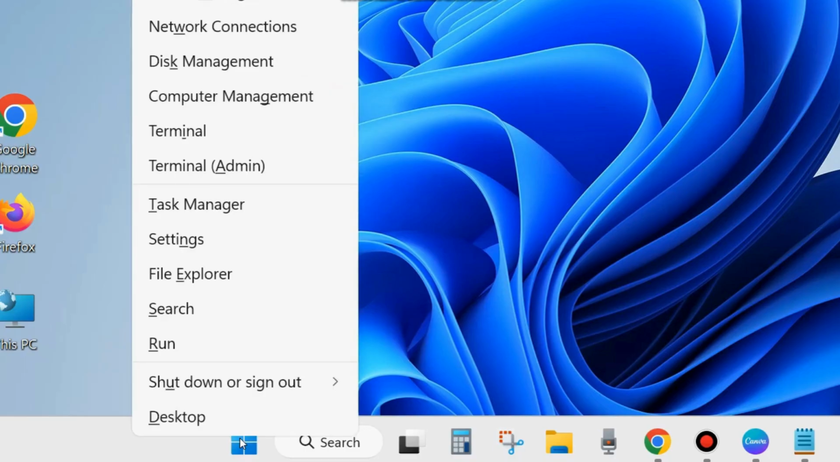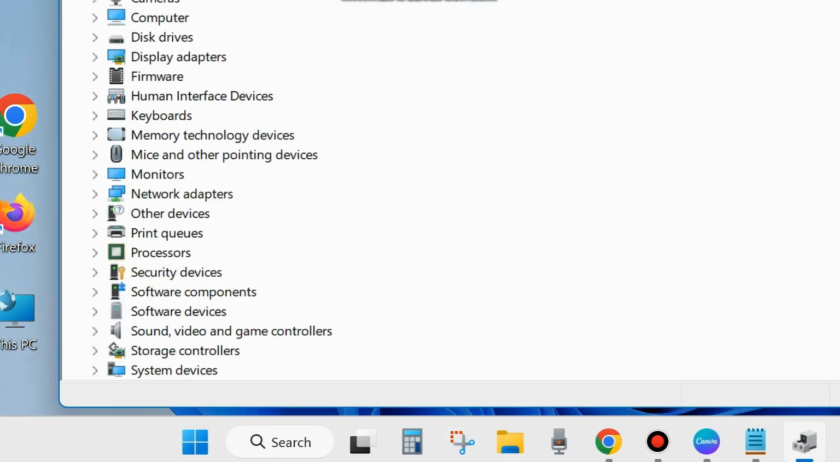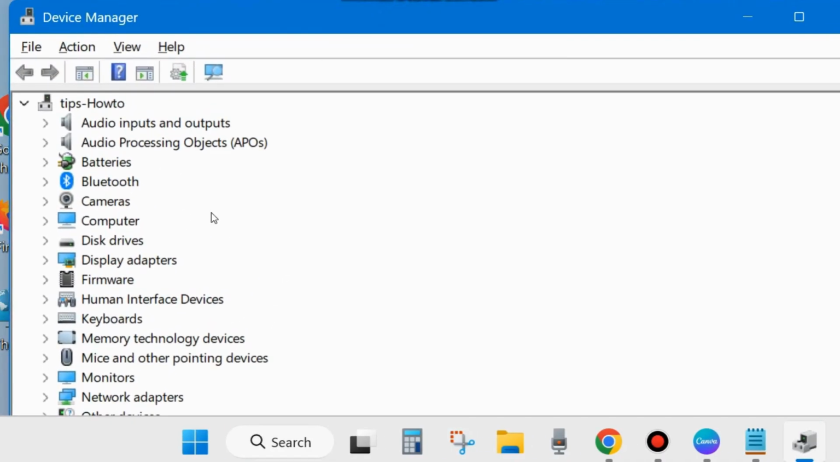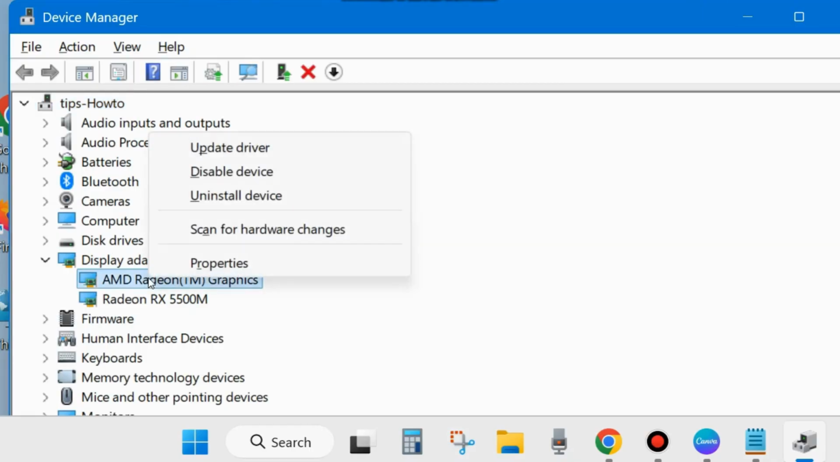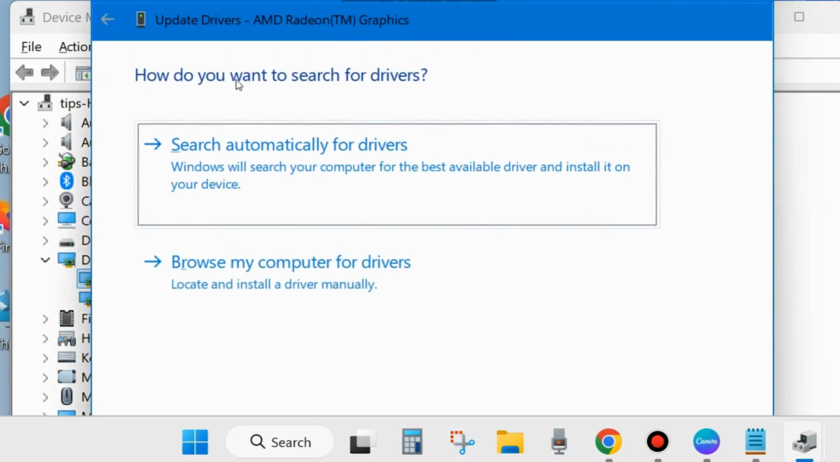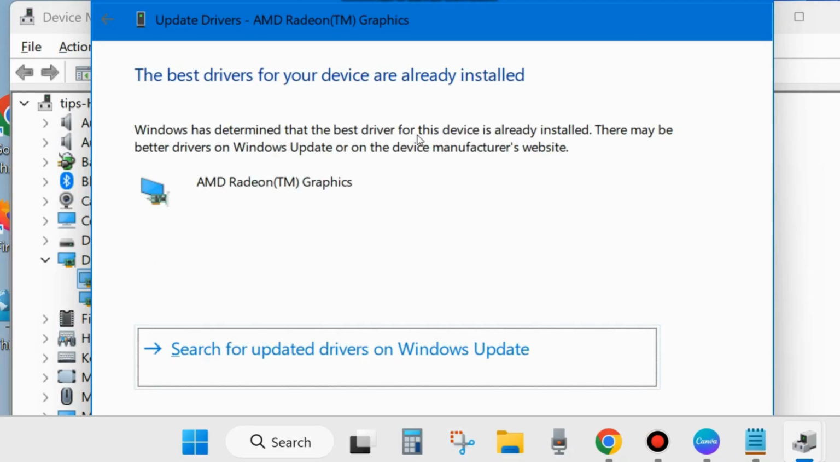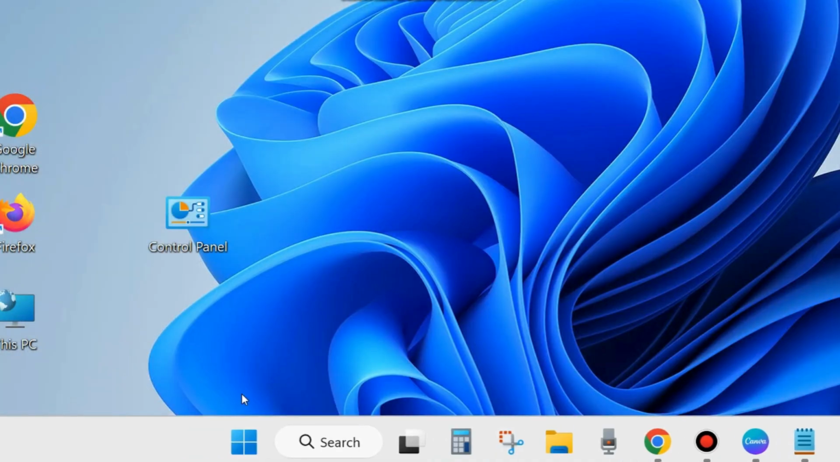The first workaround is, right click on the start button and choose device manager. Device manager window will now open. Here under available device drivers, look for display adapter. Right click on it and choose update driver. How do you want to search for drivers? Search automatically for drivers. Apply this process for all your other device drivers having a yellow exclamation mark, which means error,